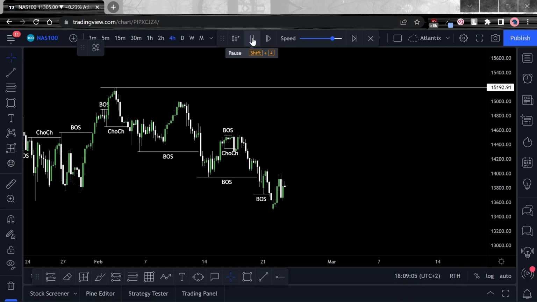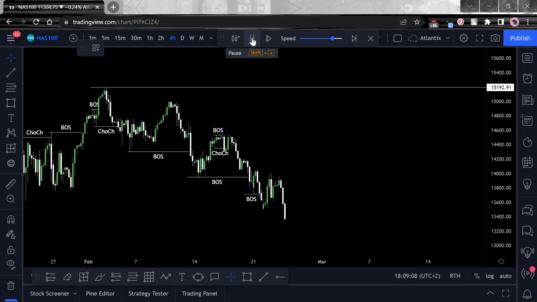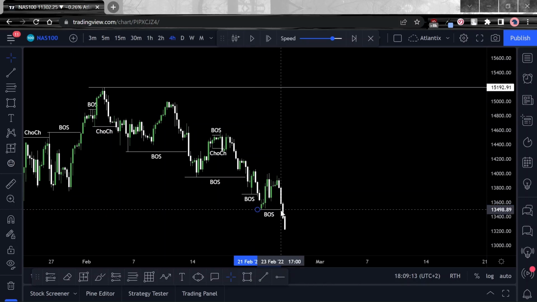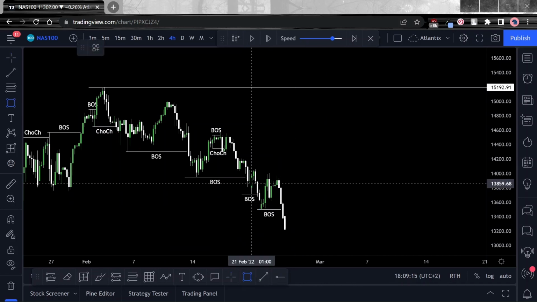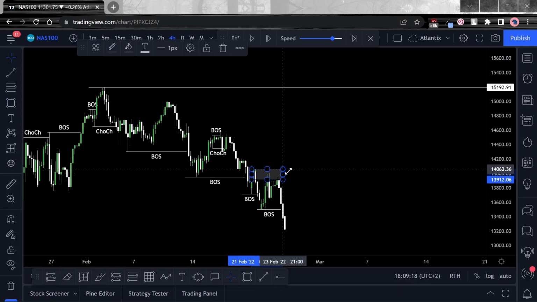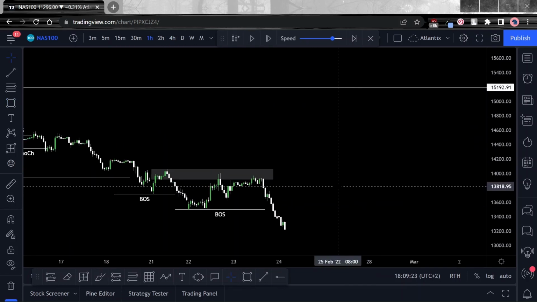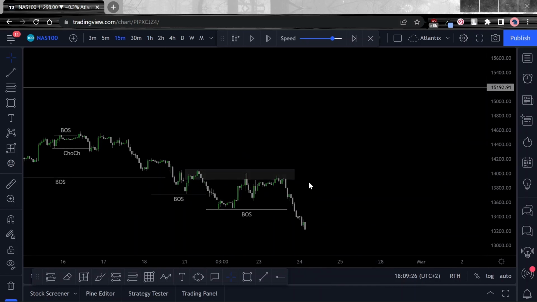So I'm sure now you get it. This is sort of what we're looking for. Again, you see that price pulls back, got price coming in over there. We've got an area of supply there, and price holds. So let's just go back to our 1-hour chart. Let's see if we can see anything. 15-minute chart,